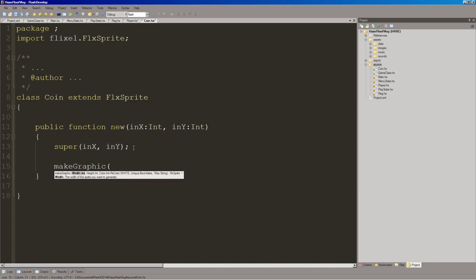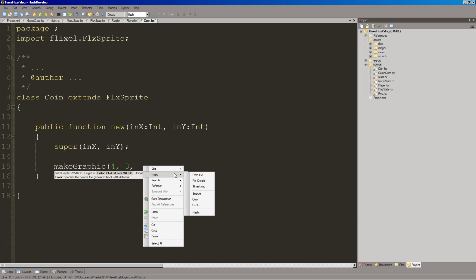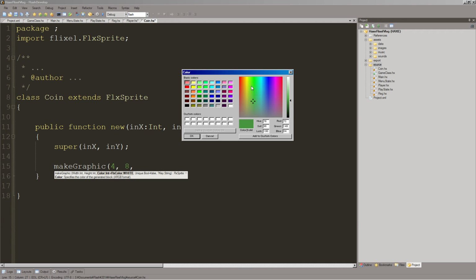If our character is 16 by 16, maybe our coin will be 4 pixels wide, 8 pixels tall, and the color we will make,